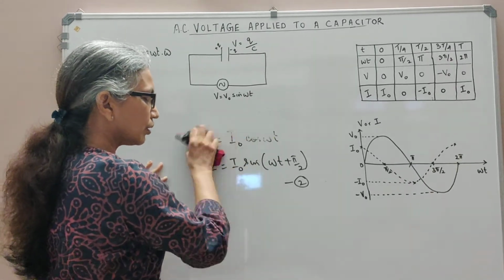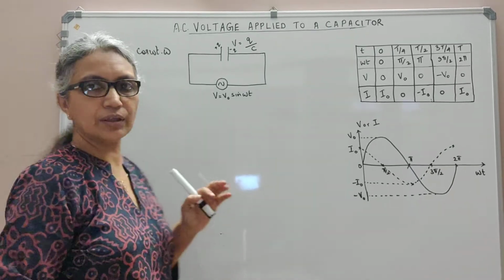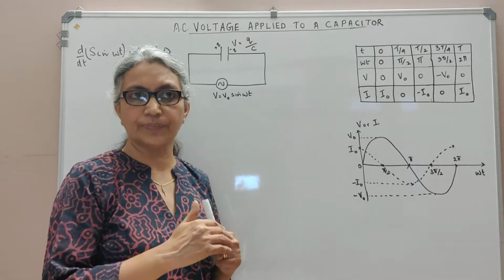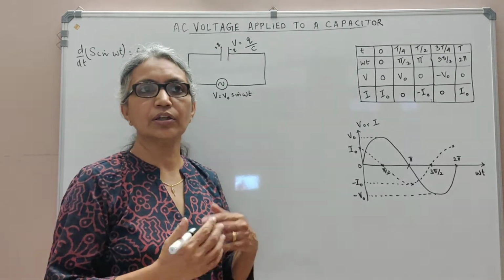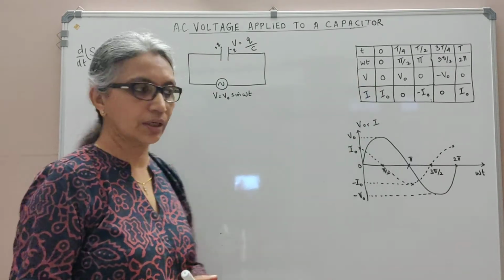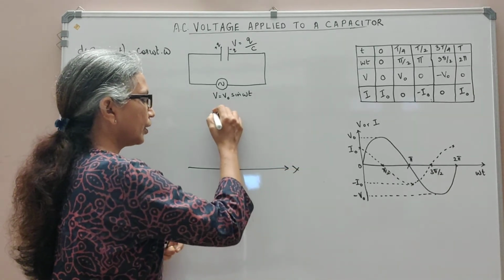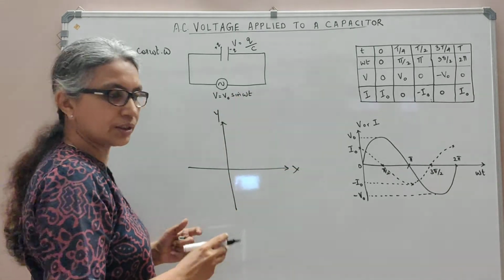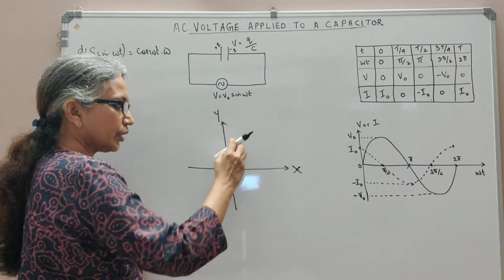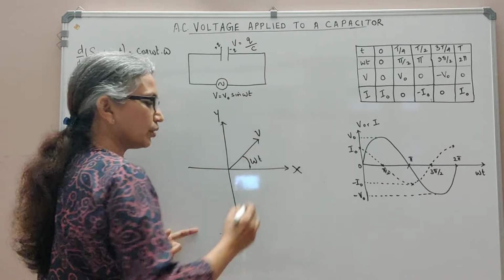This is further represented clearly using the phasor diagram. I repeat, phasors are just vectors which are capable of rotating in the xy plane about the origin with an angular speed of omega, and they are used to represent scalar quantities like voltage and current that vary with time. So the phasor diagram for this would be, we have the xy plane here. V equal to V0 sin omega t means your phasor starting to rotate from the positive x-axis at any time interval t would have covered an angle omega t. And this represents the V.